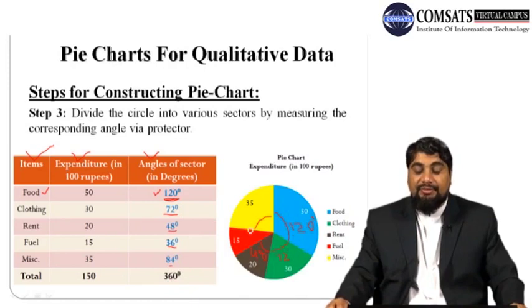So it means this circle is subdivided into each component different angles. So the first is, we can see that the major portion is, the major angle in this table is of 120 degree corresponding to food item. So as far as this pie chart is shown, we have shown the original numbers 50, 30, 20, 15 and 35 on each sector as well. So this is how to construct a pie chart.